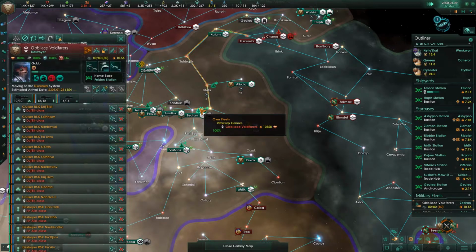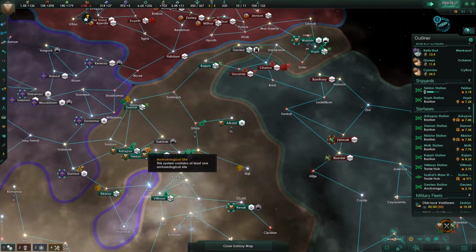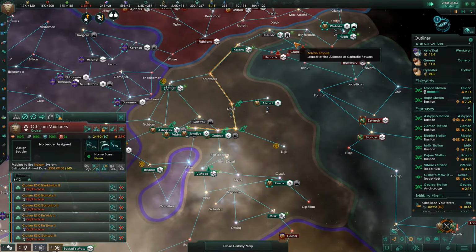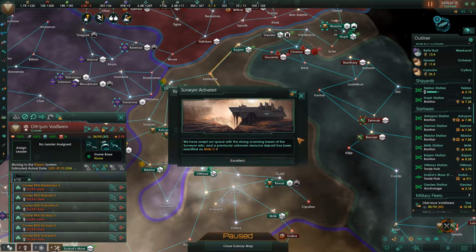Playmaker Glob has leveled up. Excellent. Let's select this second fleet. Continue to reinforce it when we can. We'll move it up, though, to support. Science Division reports success. Battleships. The largest of the standard military vessels, battleships were traditionally...